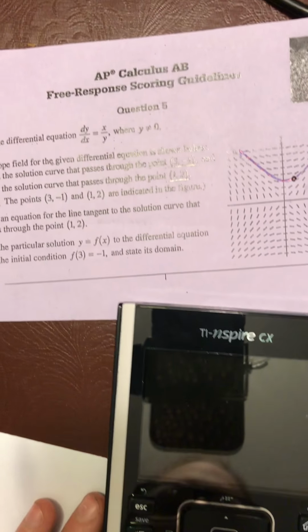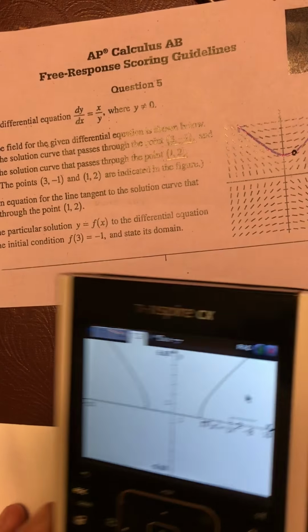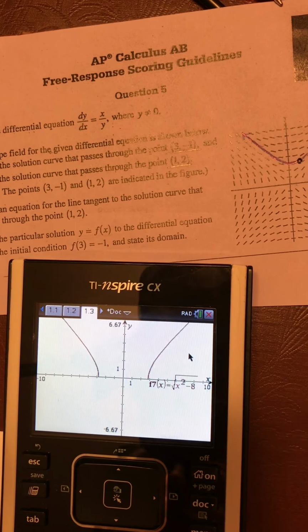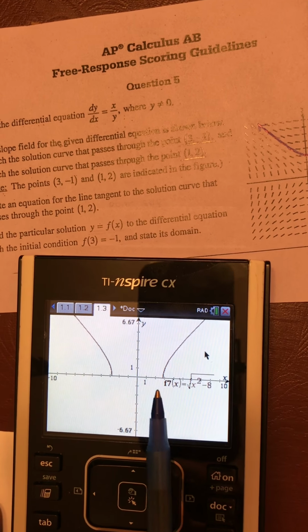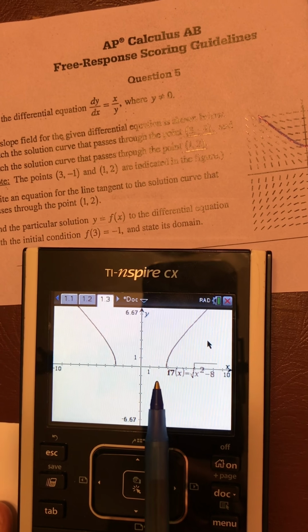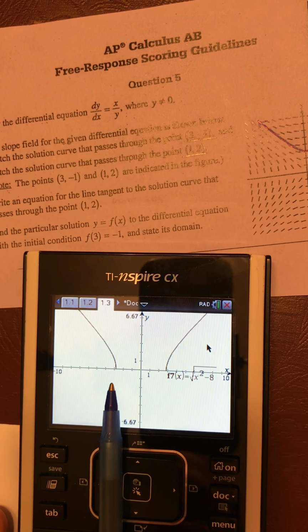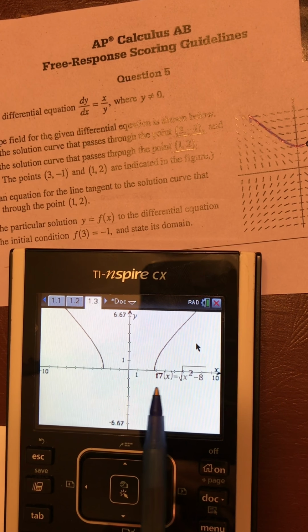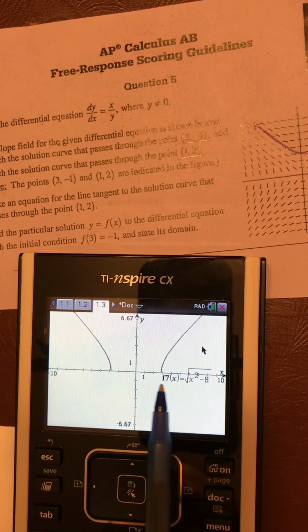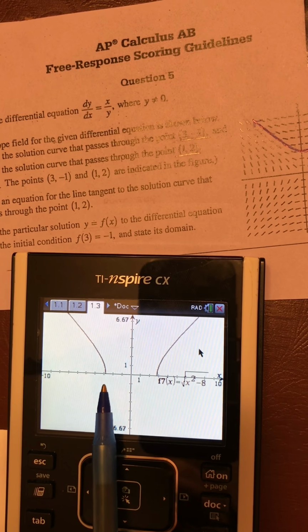So our domain for the equation we found appears to be from about a little less than 3 and negative 3, and the positive and negative infinity from